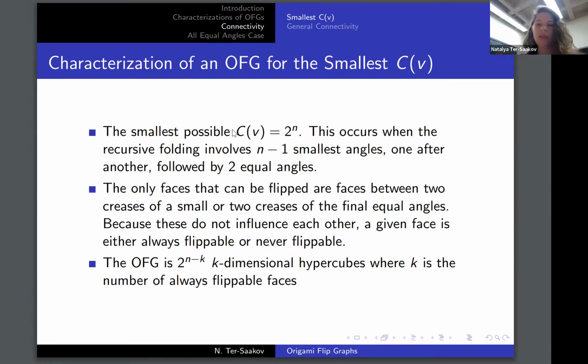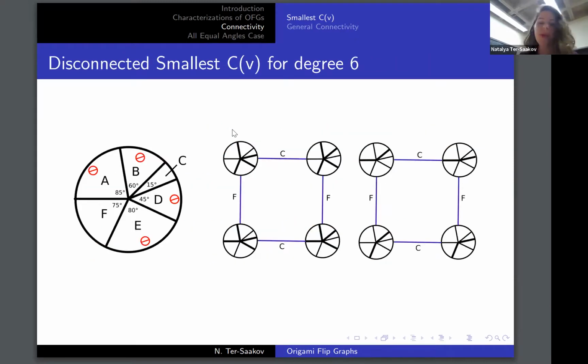So because these choices are always independent, we end up getting a hypercube or a couple copies of a hypercube. We discovered that, for example, this crease pattern has a disconnected origami flip graph. Because we have,